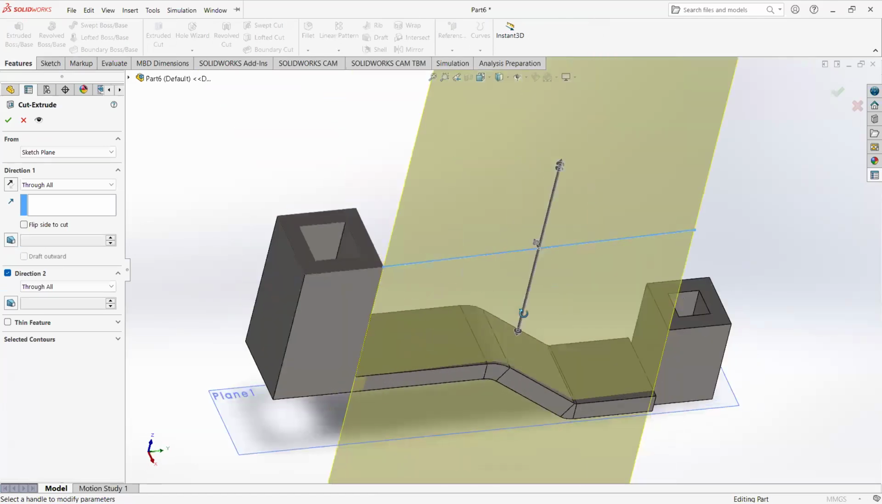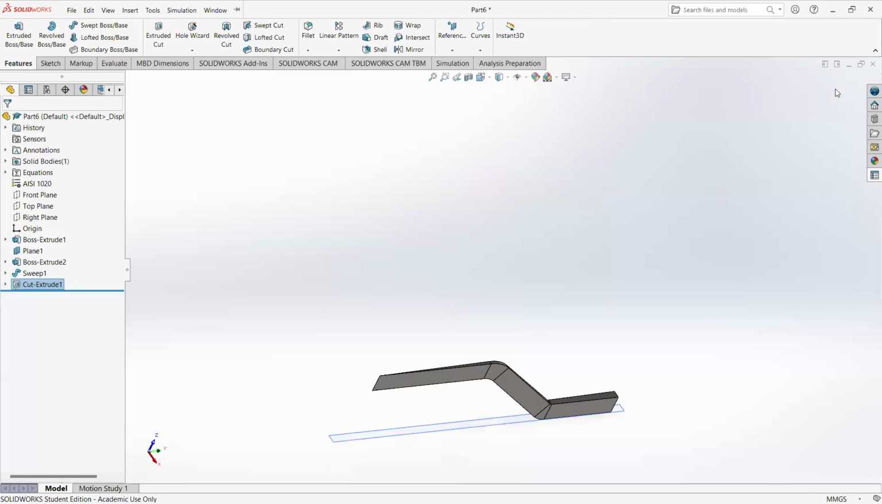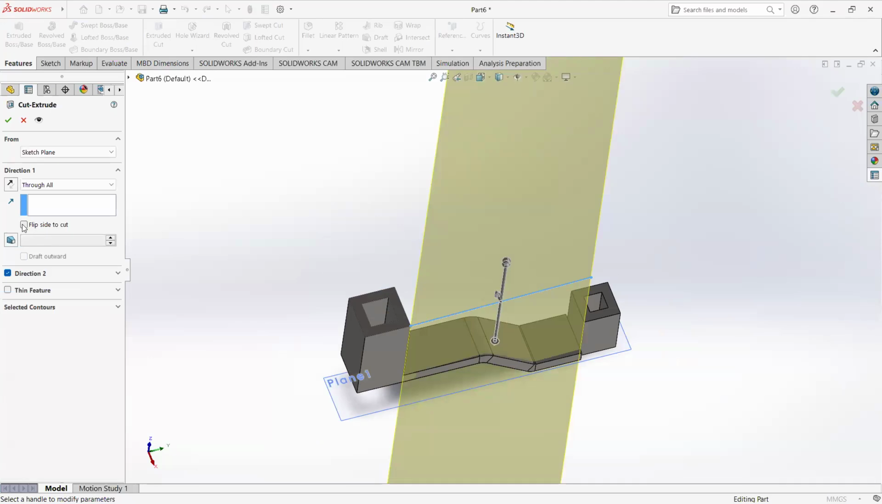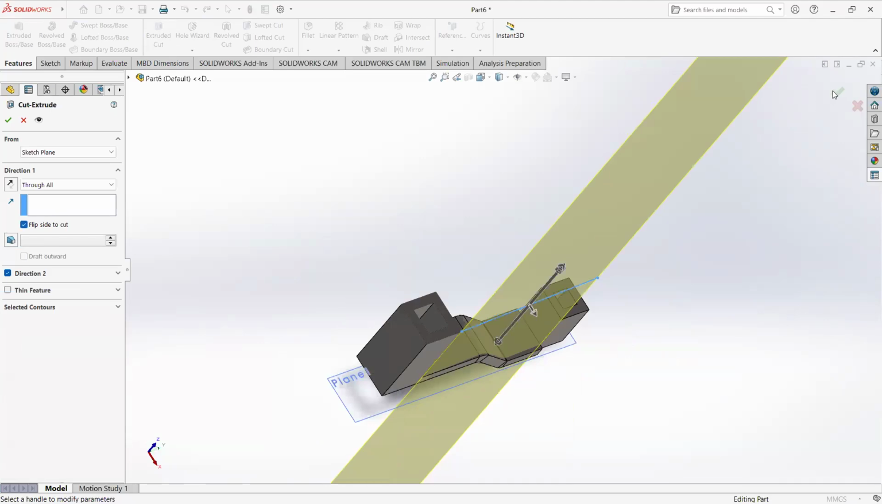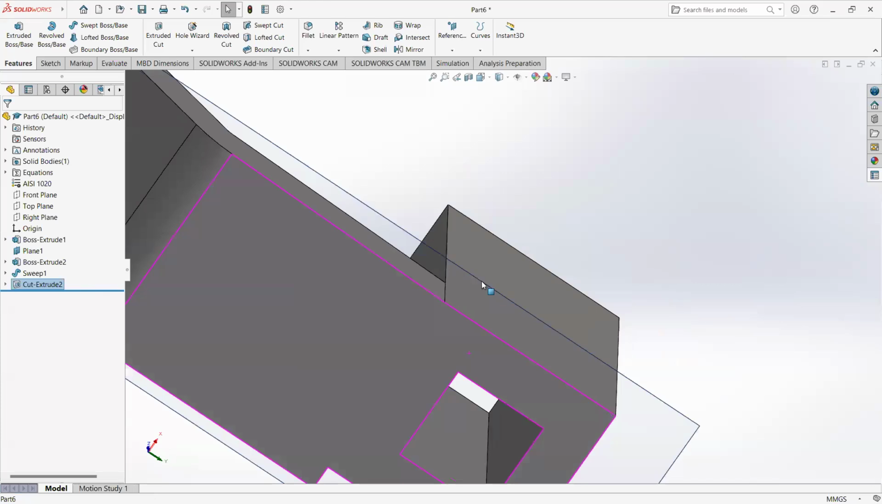Now we need to pay attention to both of these arrows. These arrows sort of tell us which way it's going to extrude that line we drew. This arrow, the small arrow, is going to tell us which way it's going to cut. So if I accept this, it cut out everything on that side of the arrow. So we need to reverse that. So I'm going to undo, select my sketch again, do an extruded cut. I want to flip side to cut over here in the properties. Flip side to cut. Now the arrow is pointed out, and it will cut off everything outside of that